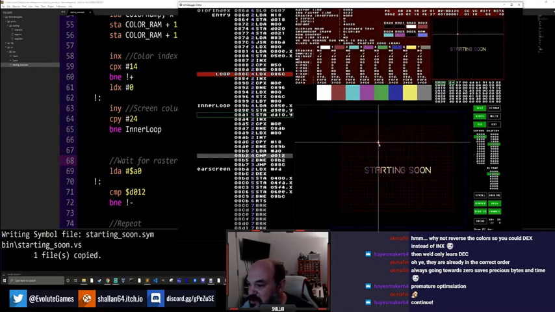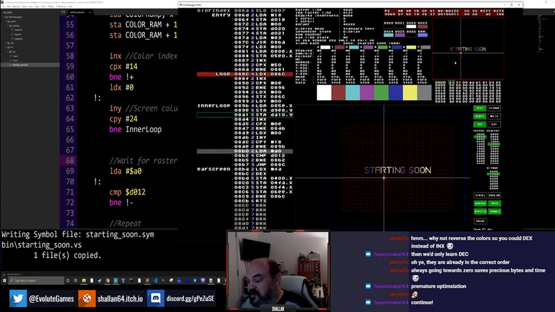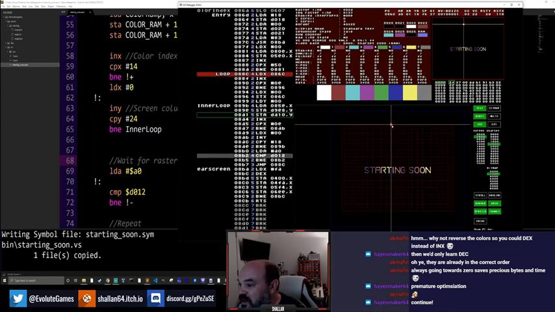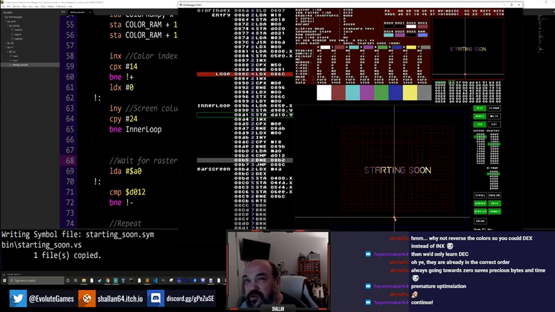If I go back to this mode, as I move it around, you can see the raster Y up here in the top corner increment, and it starts at 0, 0 at the top, which is in the border. It gets to 3, 2, I think, or so, which is the edge of the screen, and goes all the way down the screen. FA or so, yeah, FA. And then it goes off the bottom here. And when it gets to FF, it carries on, because this actually goes